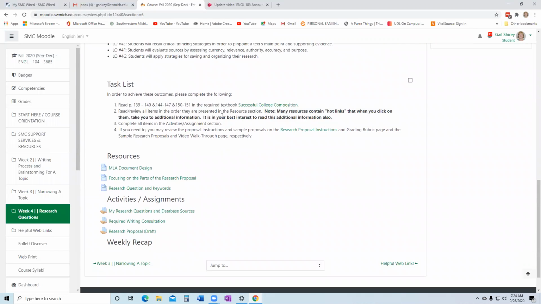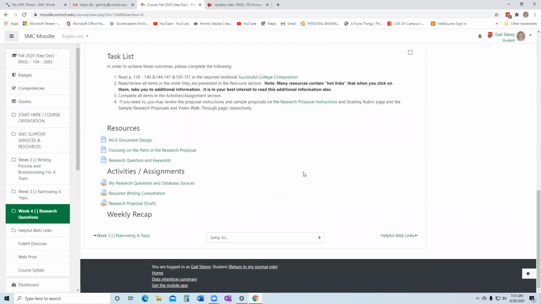As you know, in the task list, I have some pages I want you to read within our textbook. In resources, I have provided, once again, multiple links for MLA document design. Remember, everything you submit in this course, I do want in MLA 8 document design format. You know, those little things like 1-inch margins, double spacing, insert your header, the first 4 lines, all those kinds of things. These other areas are meant to help you in your research to kind of help narrow things down.